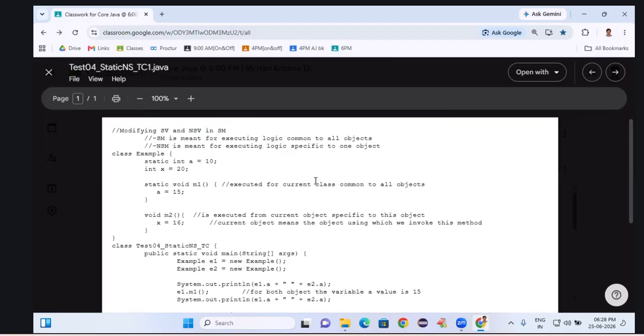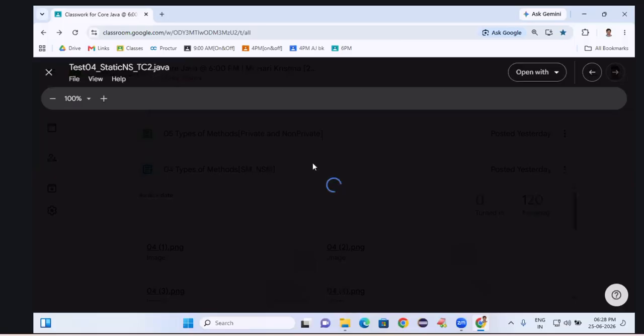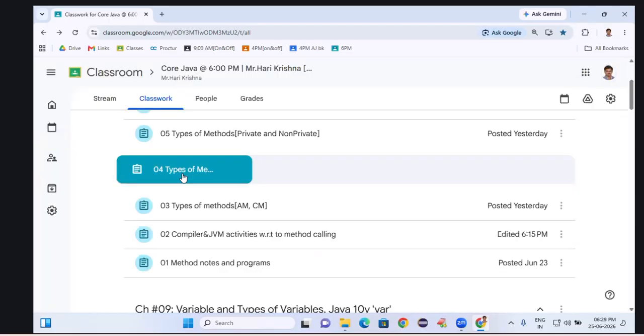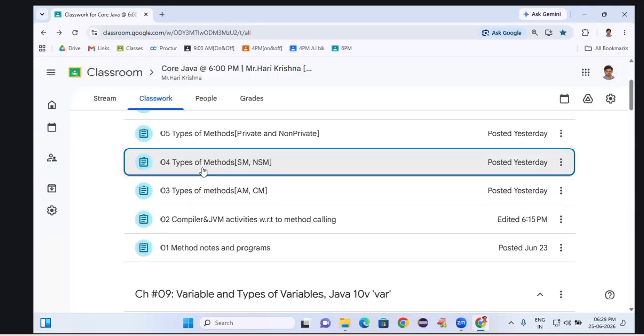The slides are given as a program as well. Okay. Accessing static and non-static variables. Next, accessing static and non-static variables inside static and non-static methods. Okay. Now after the static non-static methods, we learned